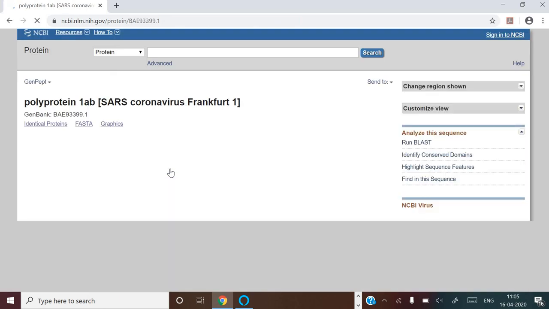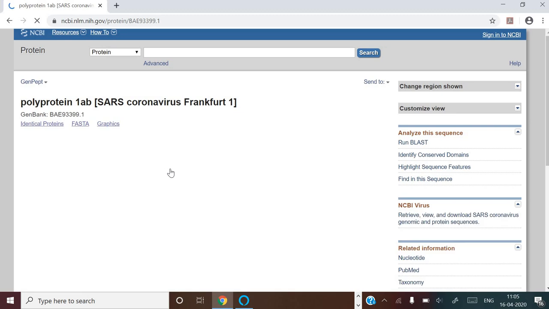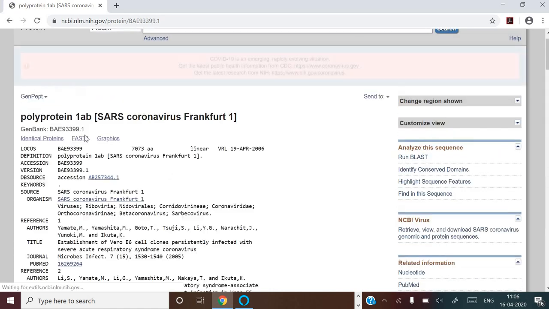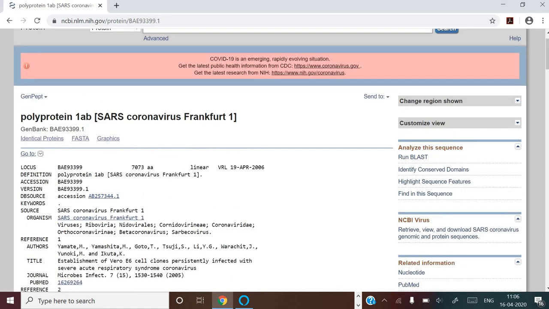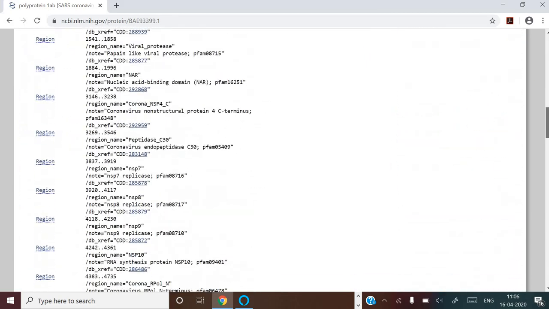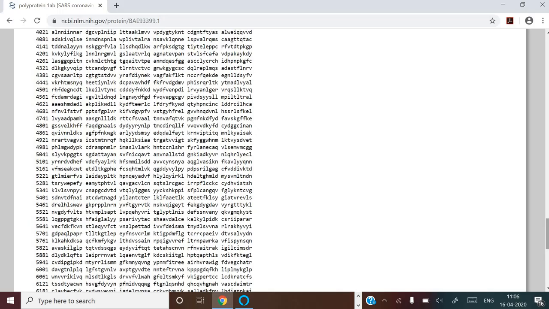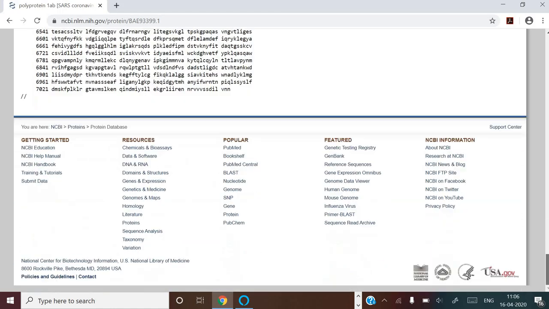Again you will find a FASTA formatted sequence. The summary will be seen in this result window. Here also you can see FASTA and graphics format. This is a protein sequence in the form of the one letter code for the amino acids.